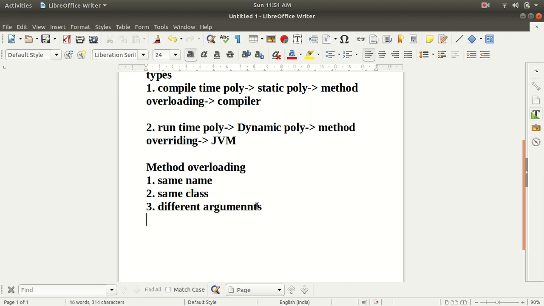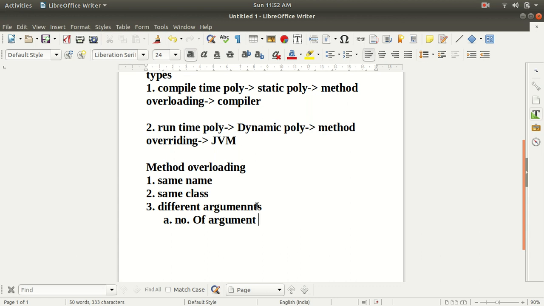And if I talk about the different arguments, there are three conditions to achieve different arguments, and to achieve method overloading we can satisfy any one of the three conditions. The first condition is that the number of arguments must be different. If the number of arguments is different, then it will be fine for method overloading.